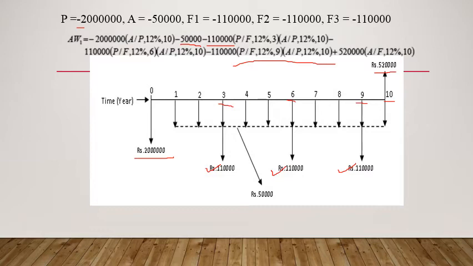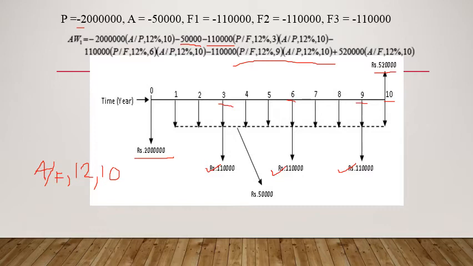See, for this 1,10,000, I use the factor, say A by F comma, what is the interest rate? Interest rate is 12%, say I comma n. What should be n? So I have told that it has to be converted into 10 equal years. Okay, if I put say 10, is that correct? We have to analyze.